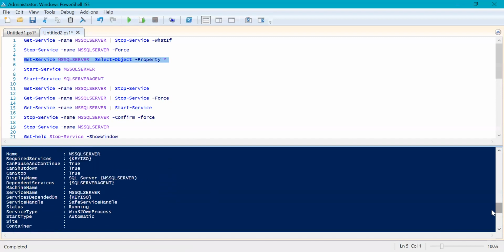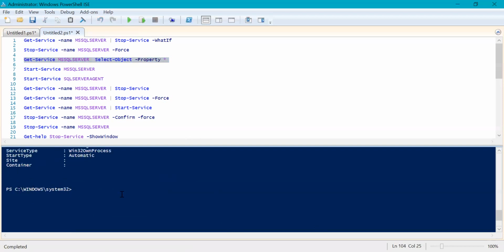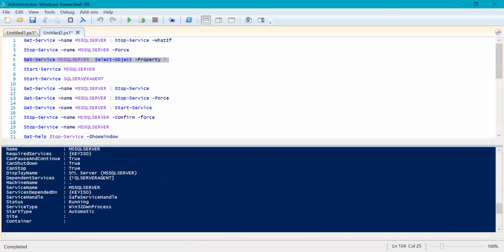It has a couple of details here, and you can see a property which is DependentServices, and it clearly says that the SQL Server Agent service is dependent on this service. So this is where you can get the information of all the dependent services on any particular service. This property is very useful when you are working with services. You might have to fetch this property value sometimes to perform an action, which will be part of the next videos, but not part of this particular video.